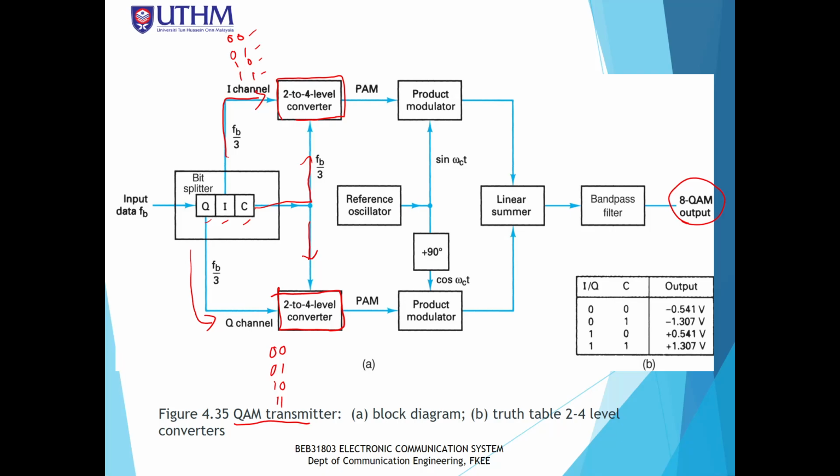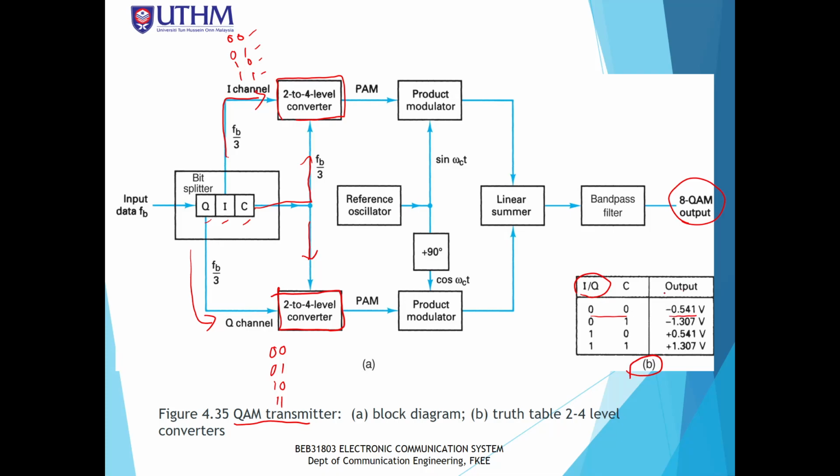Okay, so what are the voltages? In this example, the output voltage from the level converter is given in table B. So in this example, for input 00, where each 0 here is from the I or Q bit. If the input to the level converter is 00, it will produce negative